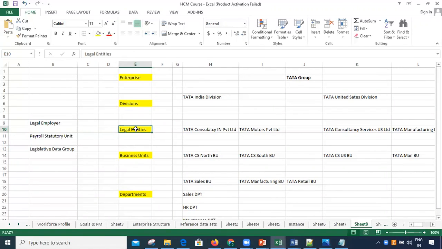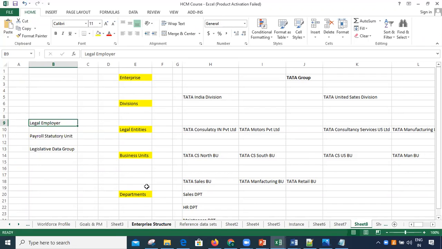Legal entities, as I told, are the actual registered companies of the client, holding certain legal information related to those companies, correct? Legal employer in the Fusion system means the company which can hire the employee.